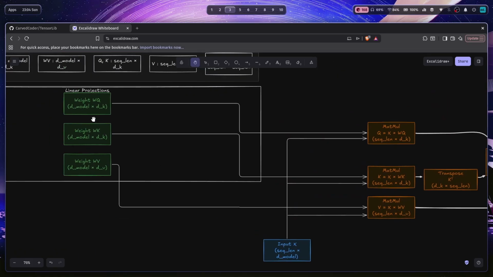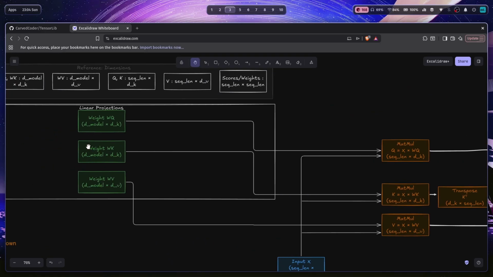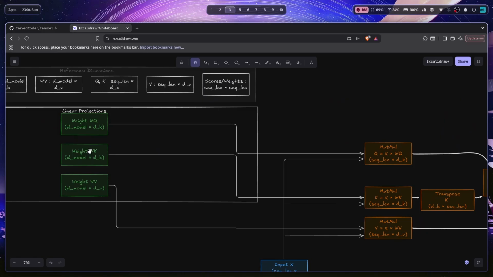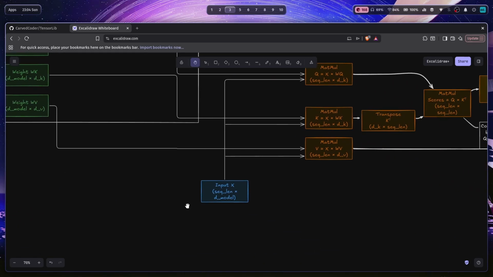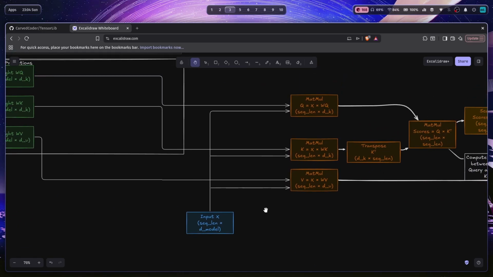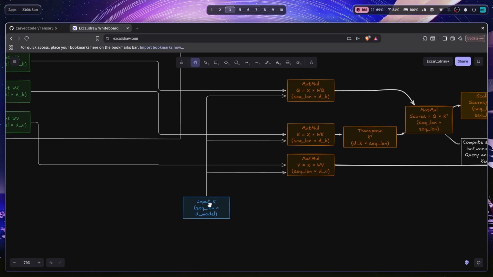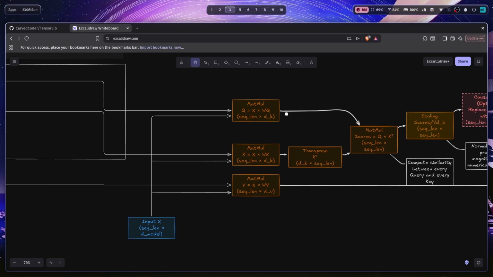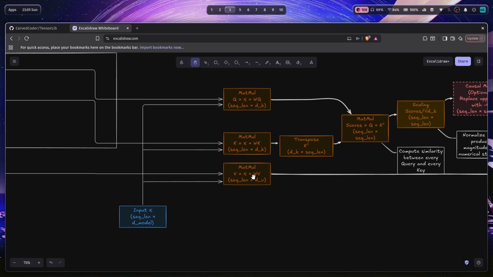So let me just clarify. These are all randomized, right? These are all random weights. It's better to initialize with the Xavier formula. And input X is basically the embedding. So the shape is sequence length by D model. So let's say the sequence length is 3. If I say "I love pizza", there are 3 words, so the sequence length will be 3, right? Just remember that. Once we check that, we can just see X into WQ, X into WK, X into WV